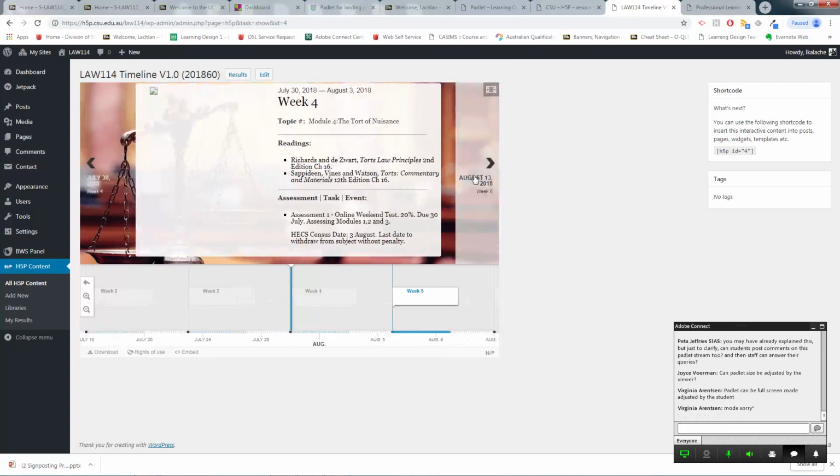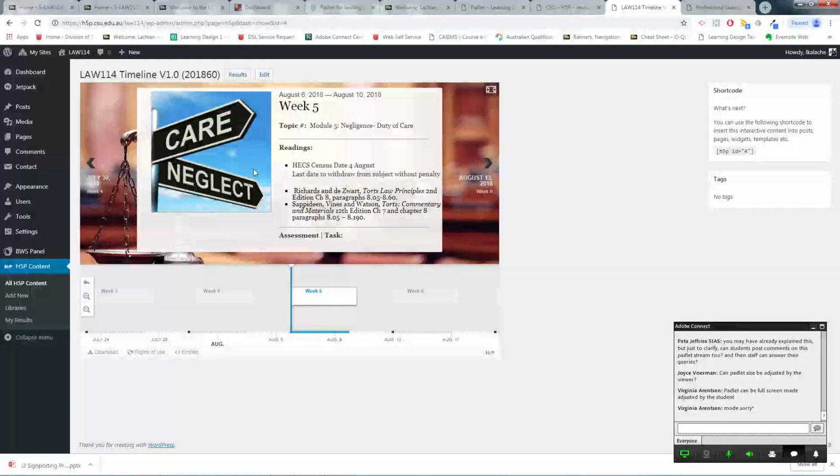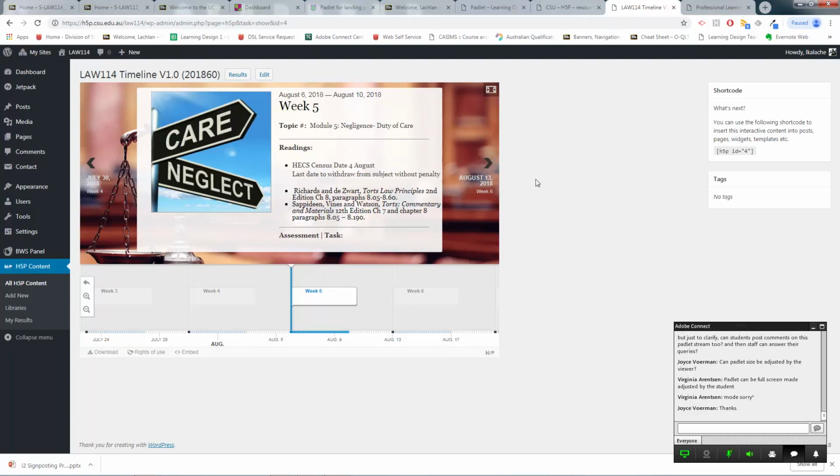And it allows some versatility. So you can drop in YouTube videos, for example, if you wanted to. You can also put in images to go alongside links, but we've organized it in a fairly simple way so that core information from the subject outline can be set and forget basically at the beginning of session, and the students use it as a planning tool. So it takes a little bit of work. You need to log a job basically for a timeline to be created